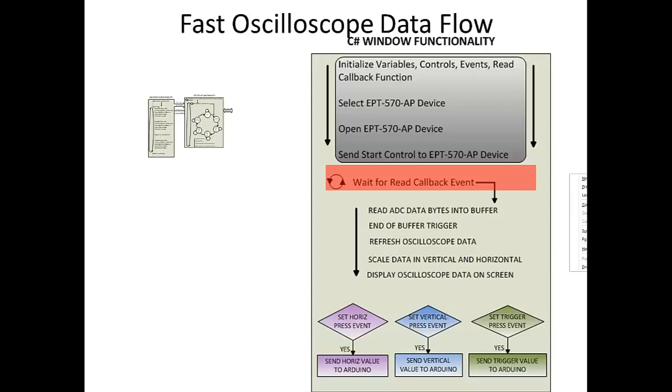Each byte is transmitted through the active block end term of the CPLD code. When the blocks are received by the C# window, the read callback function is called. The read callback will call the EPT parse receive function, which calls the transfer out receive function. In this function, each byte is stored into an internal byte array called scope buffer. This process of filling the scope buffer array continues until the Arduino code has sent its entire ADC buffer up